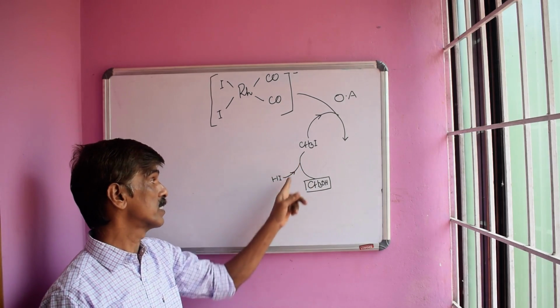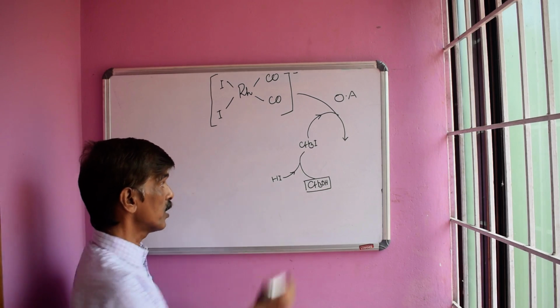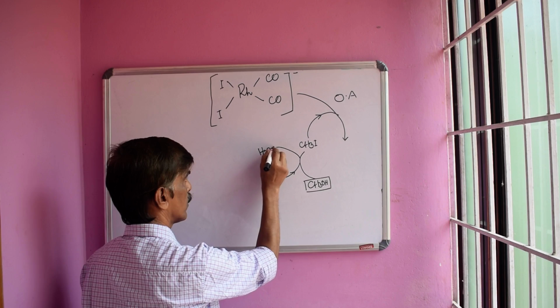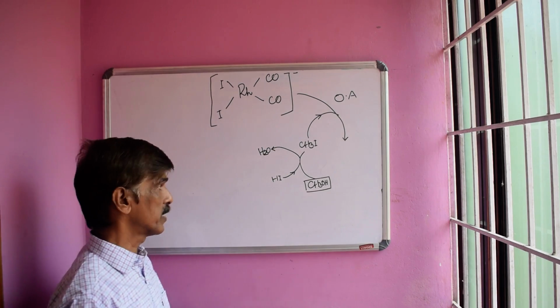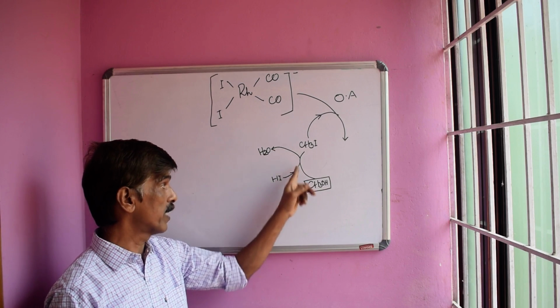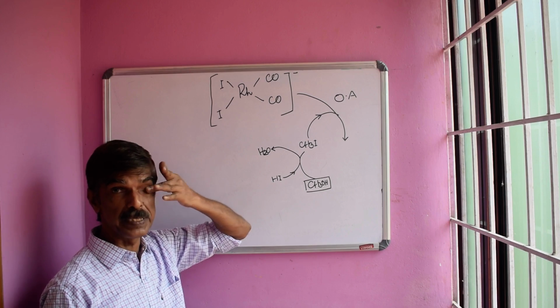These two react to form methyl iodide, very simple: CH3OH plus HI giving CH3I plus H2O. Water will be eliminated, and this CH3I will combine with the catalytic species, and